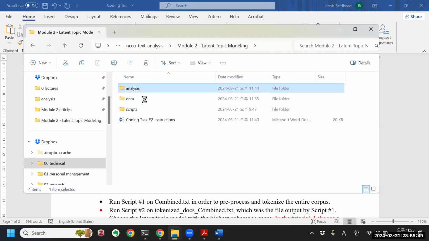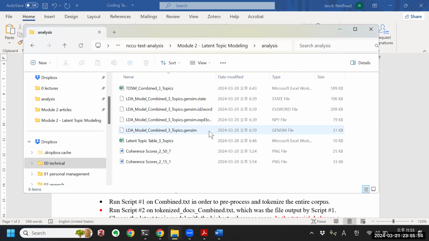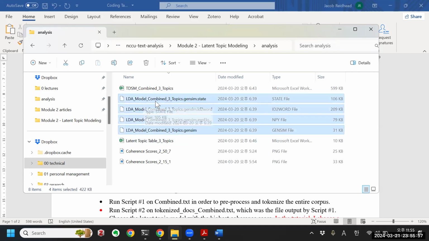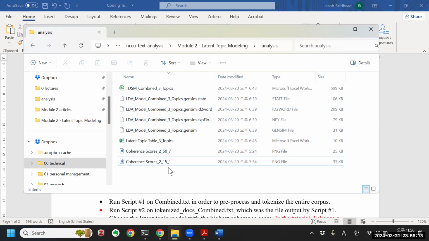And your analysis folder should also have several files. These 4 files here, the LDA model combined, were created when we exported or saved the latent topic model. I'm saving the one with 3 topics. You'll save the one with 6 topics. We also have the coherence score graphs that we created. This is the topic document score matrix that was output by the second script. And this table, the latent topic table,